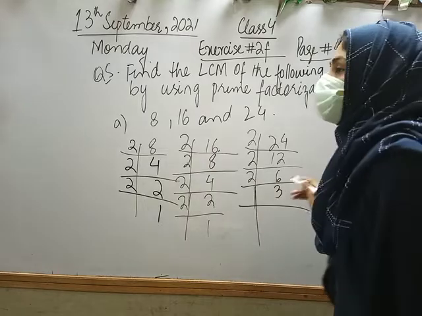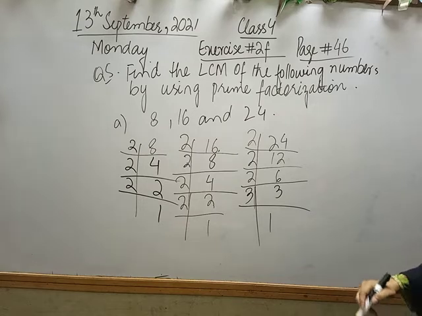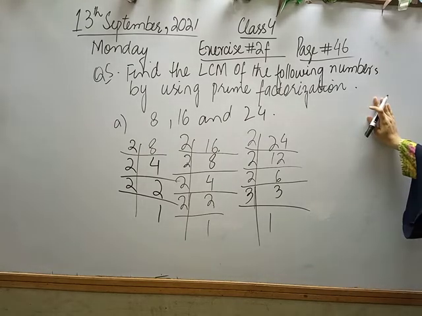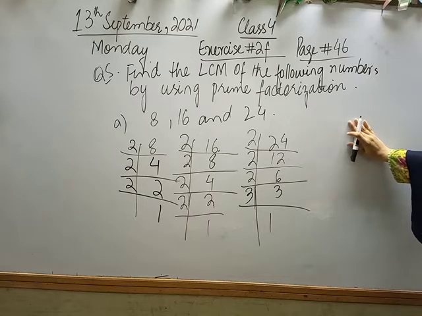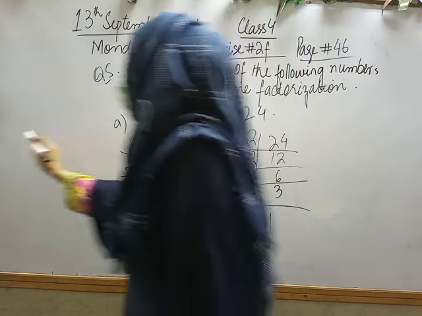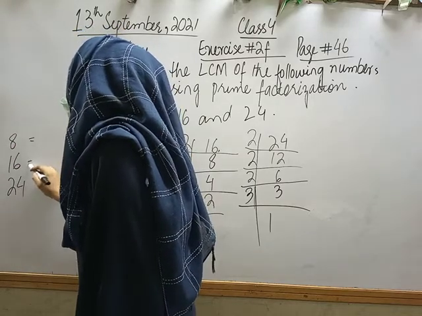Now 3 is a prime number, so we will do by itself. We will take 3 1 times 3. Is it clear? Okay. So ये तो क्या होगी हमारी prime factorization for all 3 numbers which they have given to us. Now in next step I will write all the numbers and multiply the factors which are common in it. Okay? 8. Second is 16 and third is 24.